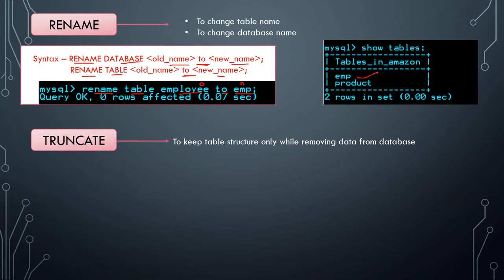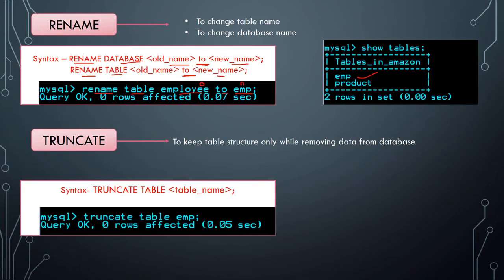What happens if I apply the truncate command? The syntax is over here. Firstly, you write truncate. Then you write table, as we are applying truncate on the table only: truncate table and its table name. So I have written truncate table EMP. My table name was EMP.